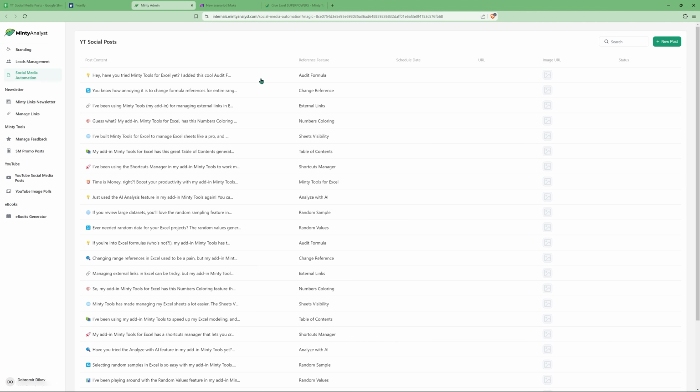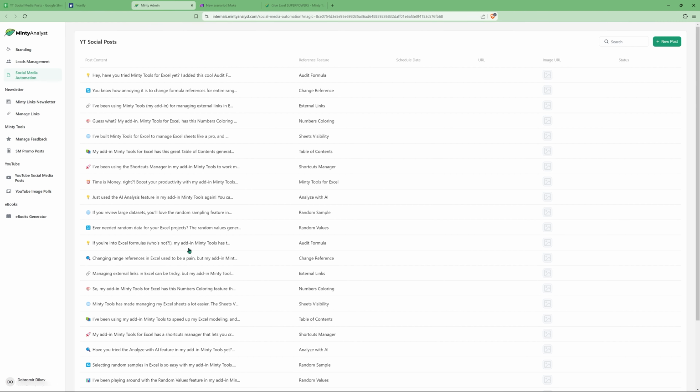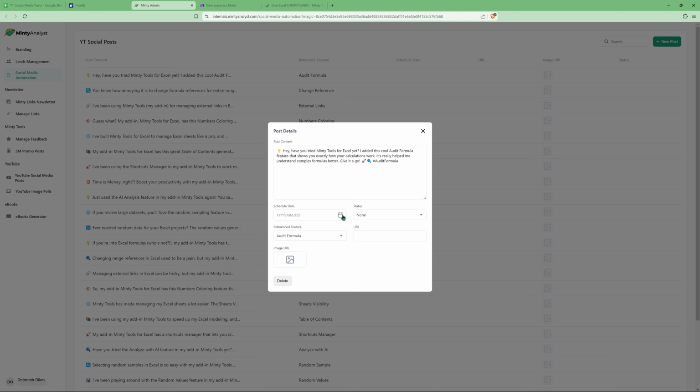So if I hit preview, and let's take a look at it. So we have our posts here. You can hover to see the entire post. We have the reference feature, and we can start editing them. So we can add today's date, a status can be new, the feature, and then for a URL, I'm going to say